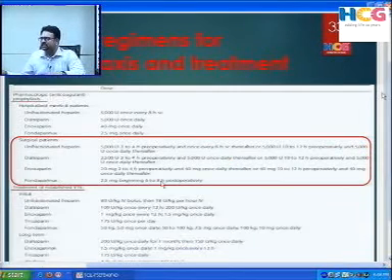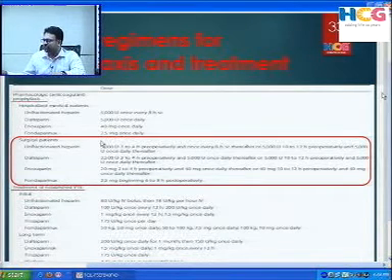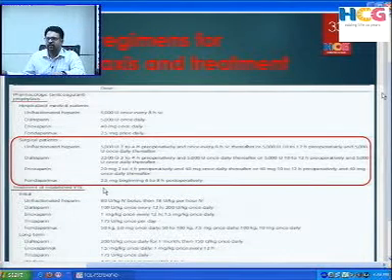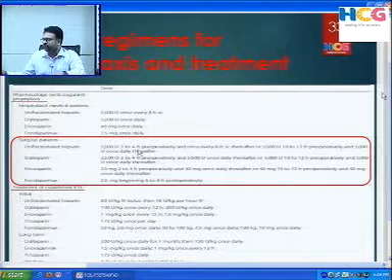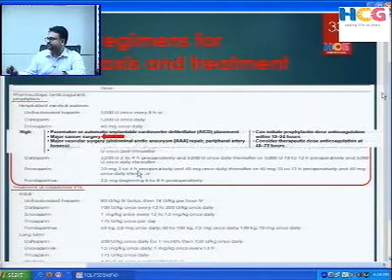Coming to the dosing regimens for the prophylaxis and treatment of venous thromboembolism in the surgical patient, what we follow here is unfractionated heparin, dalteparin, enoxaparin, and fondaparinux. That's the same as the guidelines. Unfractionated heparin 5,000 units 2 to 4 hours preoperatively and once every 8 hours subcutaneously thereafter can be given. And for enoxaparin, 20 mg 2 to 4 hours preoperatively and 40 mg once daily thereafter can be administered for the prophylaxis.